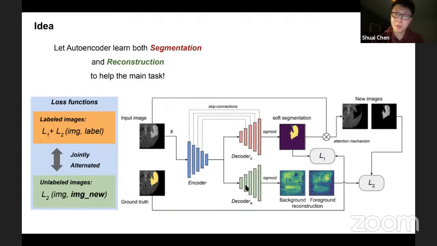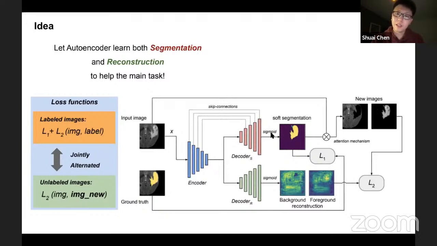Usually, people use similar architectures in multitask learning. They use one path to learn segmentation and another path to learn the reconstruction task. Here is a problem: if we directly do that, the two tasks are not connected.